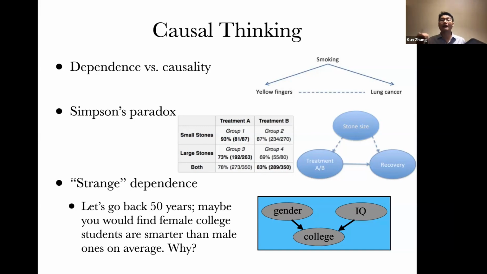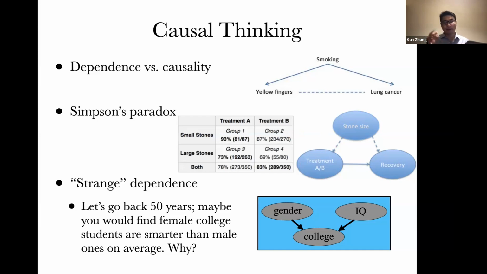But nowadays, we know it's not really a paradox. Why? Because when you make a recommendation, you only care about the causal influence of treatment on recovery, only this link, but not the associational information. From observational data here, we only have associational information. But for the purpose of decision making, or treating diseases, we care about the causal influence of the thing we can change on the target variable. If you have that in mind, you can identify the causal effect of treatment on recovery, then you can conclude that yes, I should always recommend A, even if I don't know the size of the stone. This is the second one.